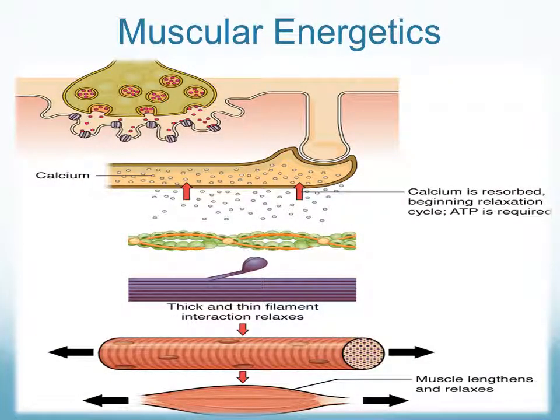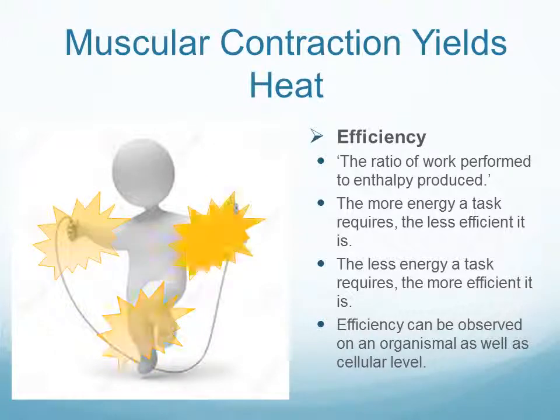Now that we understand the involvement of certain ions, such as sodium, potassium, and calcium, and others, and energy molecules, such as ATP, that are involved in contraction, let's take a look at what happens next. Heat is released from the process of muscular contraction. And we know this because some of the energy that is required to initiate work is lost to the external